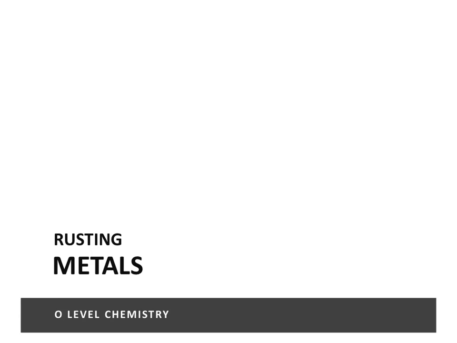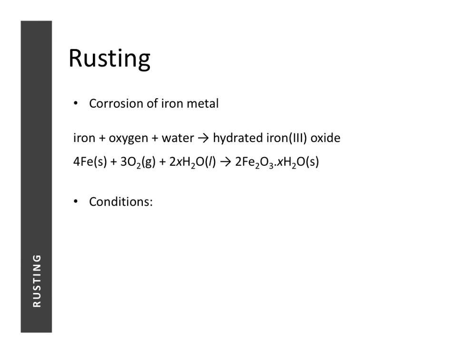In the last lesson, we looked at the extraction of iron in the blast furnace, and in this video, we're going to look at another phenomenon that's related to iron, which is rusting. Now, rusting is essentially the reaction of iron with oxygen and water. And when iron reacts with oxygen and water, it forms a product called hydrated iron 3 oxide. So the reddish brown solid that we see as rust is actually hydrated iron 3 oxide or iron 3 oxide